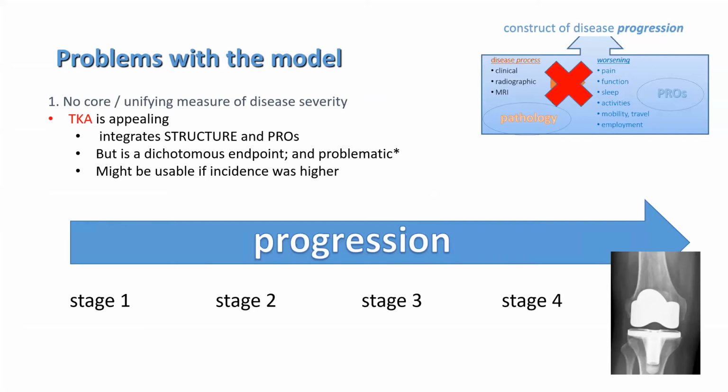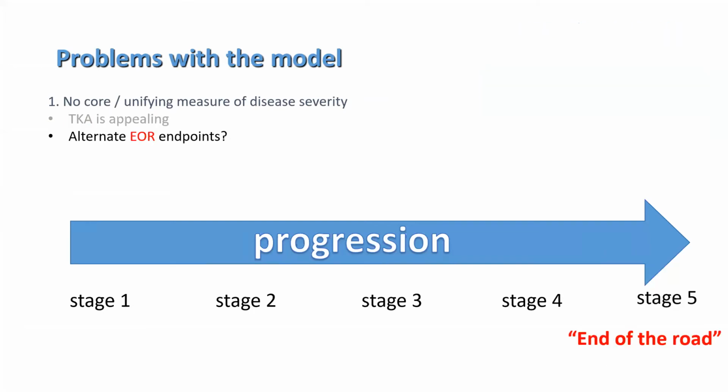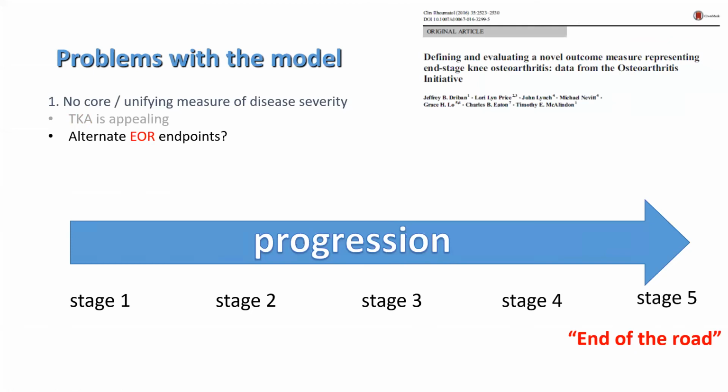So a number of groups are actually trying to determine an alternate sort of endpoint. And because there's been some controversy about what we should call it, I'm just calling it an end of the road endpoint. We actually did this back in, I think, 1986. Jeff Dryban took